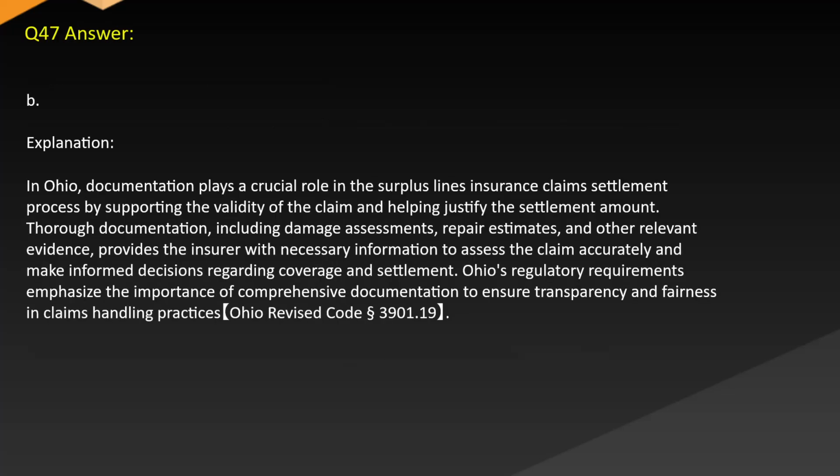Answer: B. Explanation. In Ohio, documentation plays a crucial role in the surplus lines insurance claims settlement process by supporting the validity of the claim and helping justify the settlement amount. Thorough documentation, including damage assessments, repair estimates, and other relevant evidence, provides the insurer with necessary information to assess the claim accurately and make informed decisions regarding coverage and settlement. Ohio's regulatory requirements emphasize the importance of comprehensive documentation to ensure transparency and fairness in claims handling practices. Ohio Revised Code SS